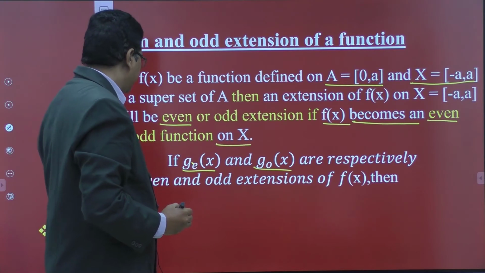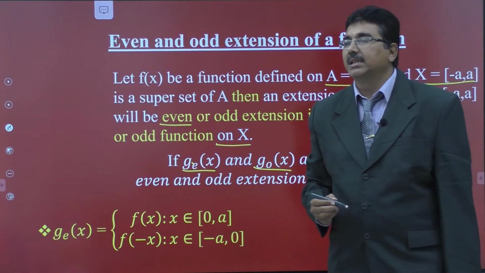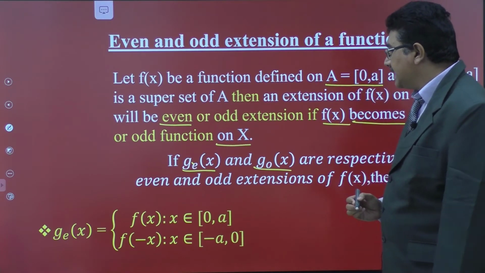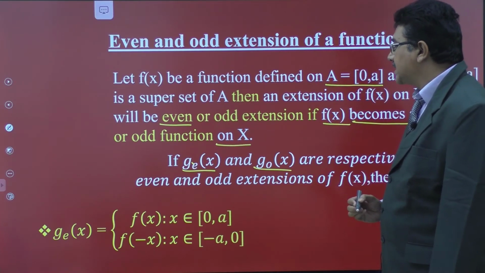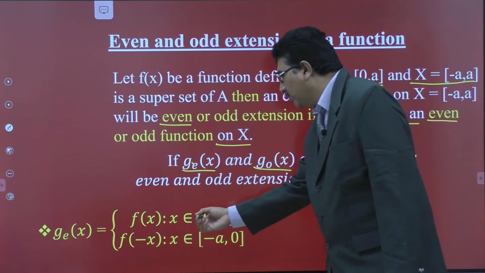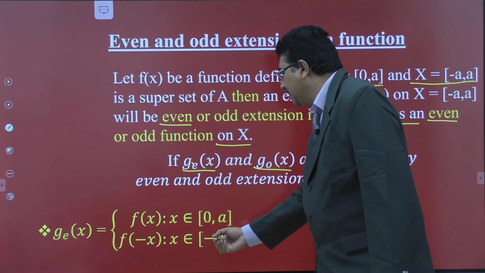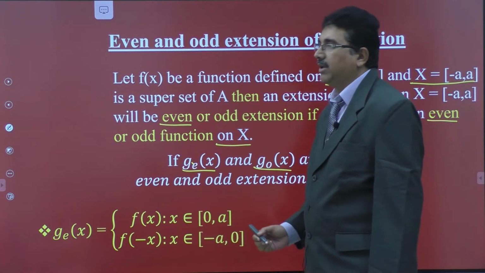Then the even extension of f, that is g of x, is equal to f of x when x belongs to the closed interval 0 comma a, and the other case if x belongs to the closed interval minus a comma 0.